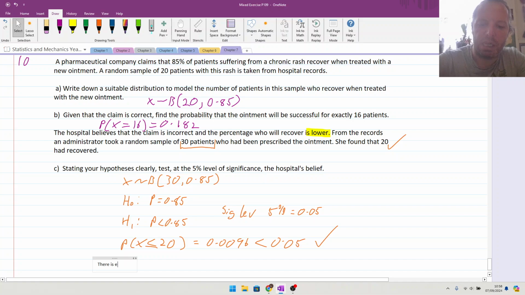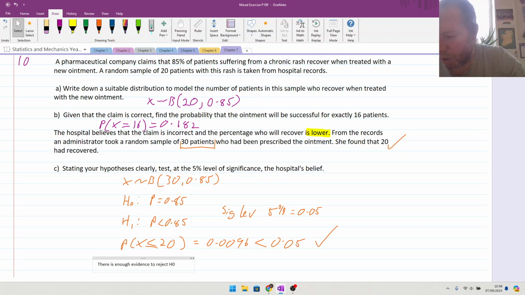There is enough evidence to reject H0. We're always looking to reject it or not reject it, and that's the tick or the cross. There is enough evidence to reject H0